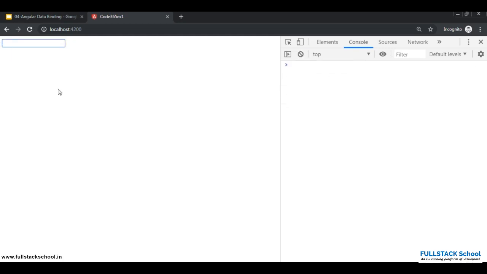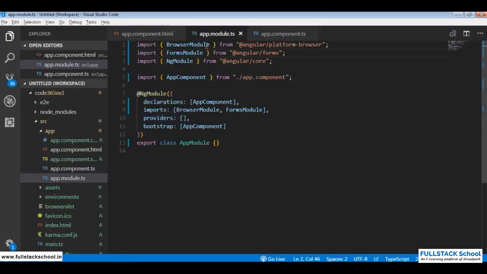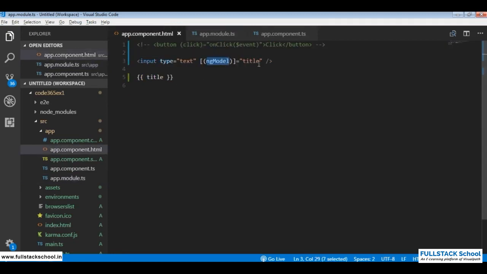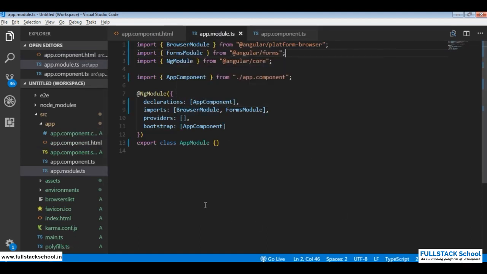You see, when I say, so ngModel is something that is well used for two-way data binding. The moment you type something, it is assigned to the property and you straight away display it on the DOM. So this is called ngModel. ngModel is given by Angular. It is called a directive, and to use ngModel you need to import forms module and need to